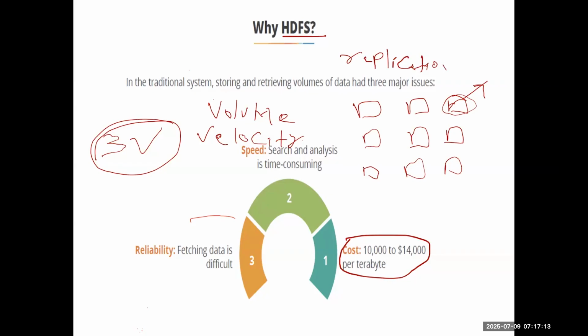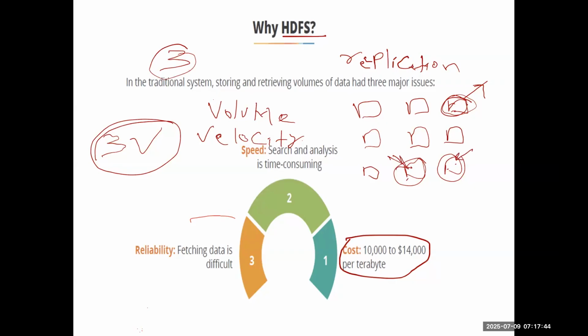In replication, we are actually keeping the data at other places also. So let's suppose my data is on this server, the same data will be on two other servers also. We are keeping three as the replication factor. Three replication factor means I have to keep three copies of the data. So if something happens to this node, I still have these servers, so I can run the job either on this node or on this node.